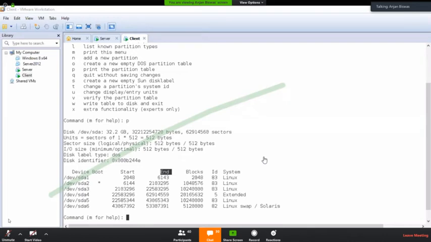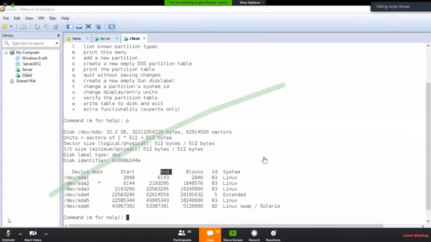Let's say, for example, you have a 50 GB hard disk. So 3 primary partitions you have created of 10 GB each. So 30 GB of the hard disk has been allotted for 3 primary partitions. The rest, 20 GB, is there. So this 20 GB should be created as an extended partition. Now this extended partition will be divided into logical partitions.